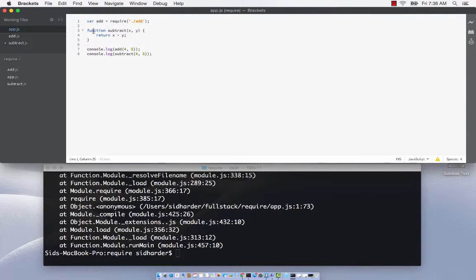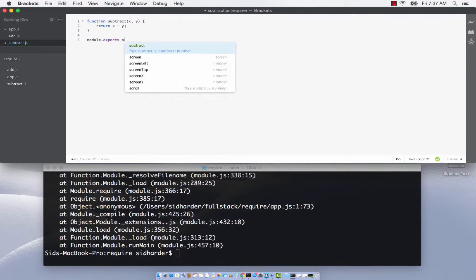Okay, so let's do this. Let's take the subtract function and put it in its own file. So we go to subtract, we'll copy this function in. We know we have to export it, so we say module.exports equals subtract. Okay, now